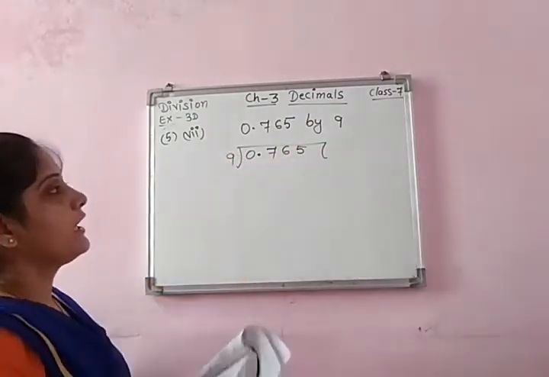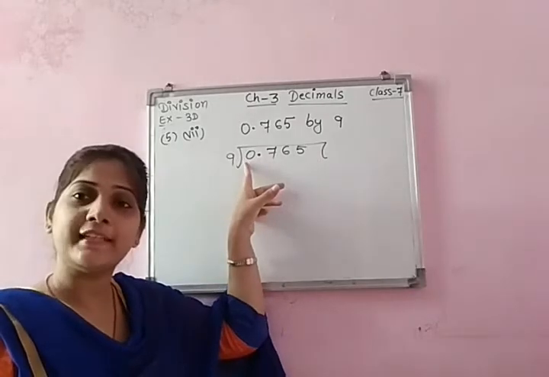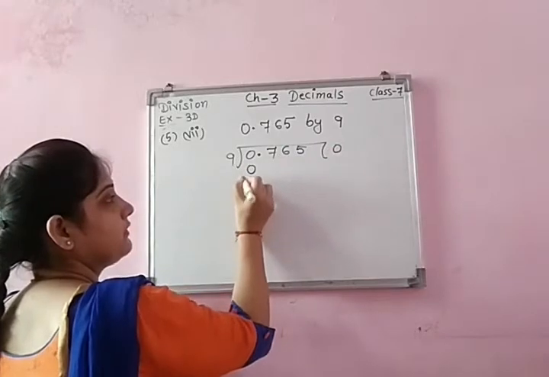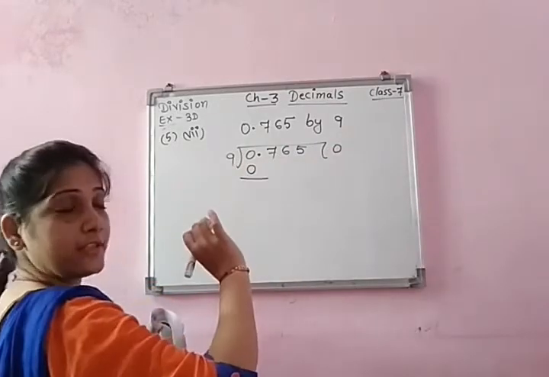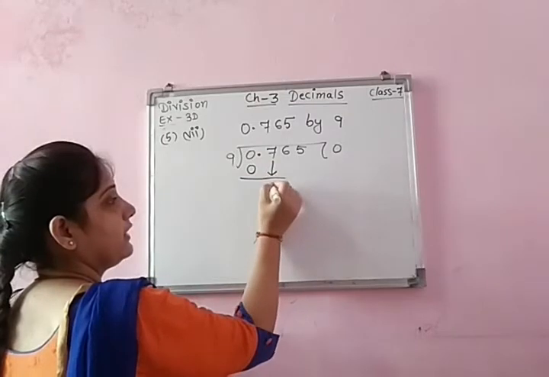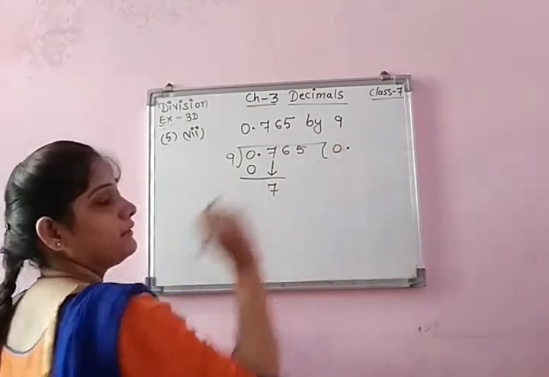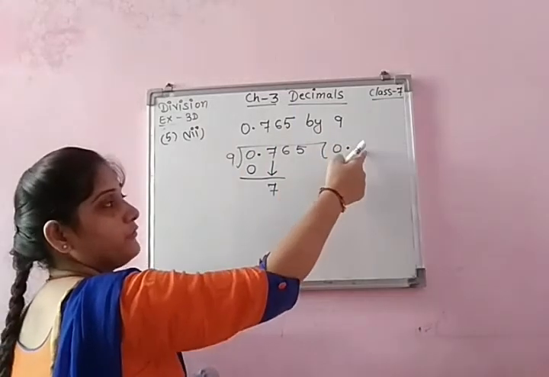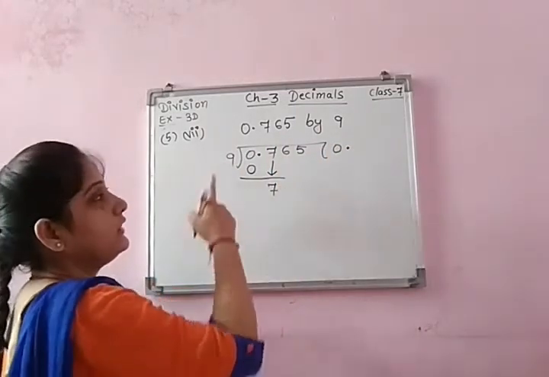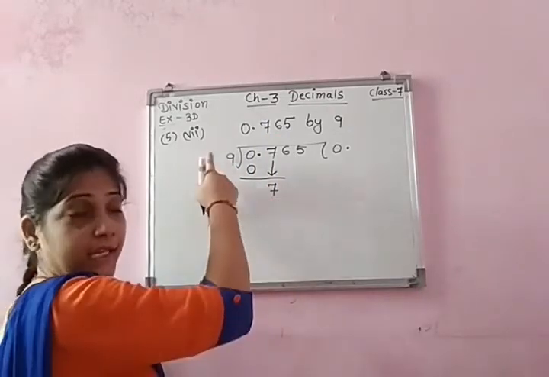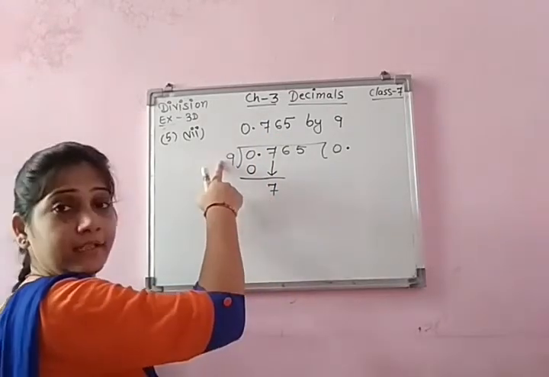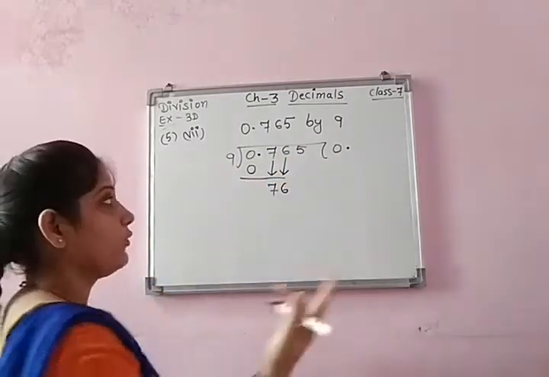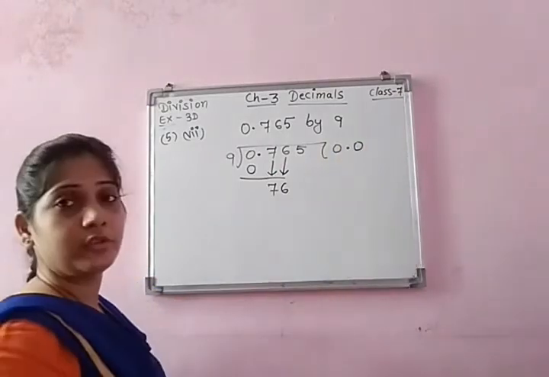Look. It is 0. So when 0 comes in the table of 9, 9 zeros are 0, and 0 minus 0 gives us 0. Now we want to write down this 7, but before that the point will be here. I hope it's clear. 9 zeros are 0, the point is to be shifted to the quotient, and 7 is to be noted down. Now 7 is less than 9. If the remainder is less than the divisor, then we have to write down one more digit. And if you are writing 2 digits, what do we have to do? Give 0 to the quotient.